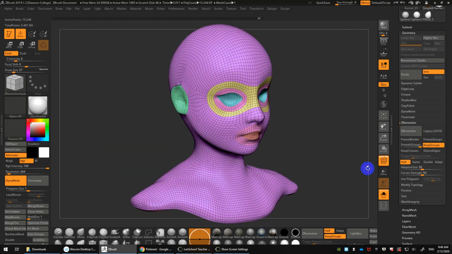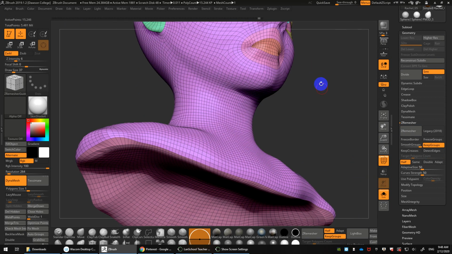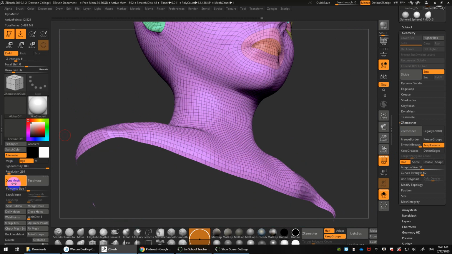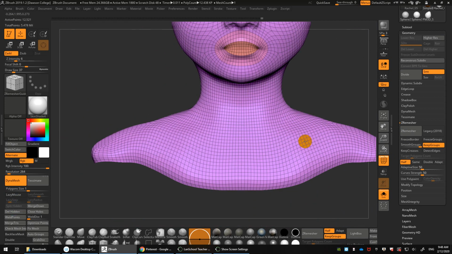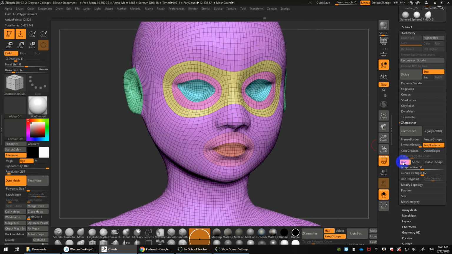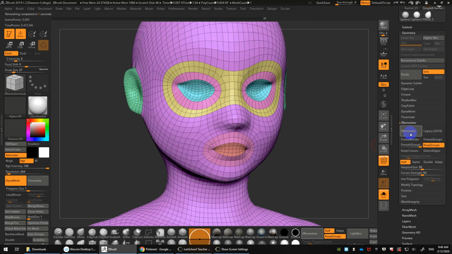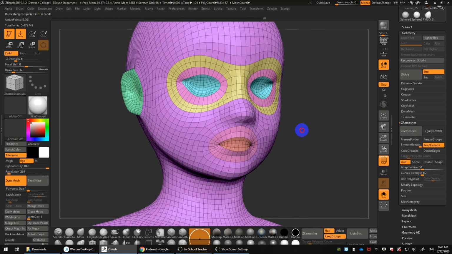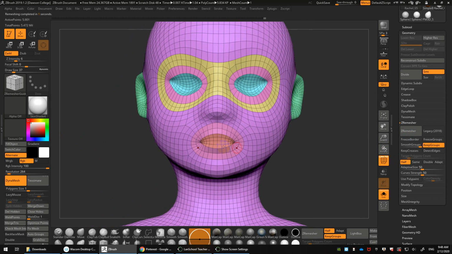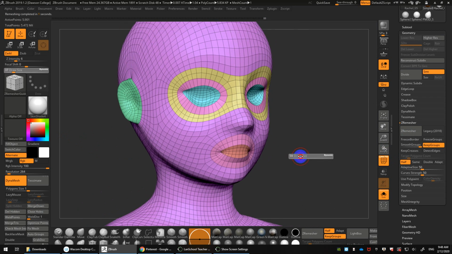So right now I'm at about 15,000, which isn't terrible. Again, I'll delete that bottom group because I know I don't need it, so I'll go to delete hidden. So I'm actually about 12. And I'll try to ZRemesh one more time. So something like this isn't bad, but you can sort of see it doesn't quite have all the details yet,